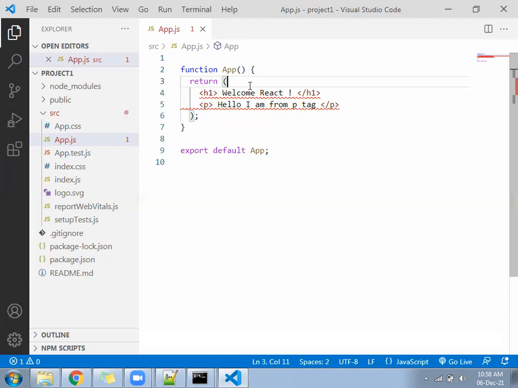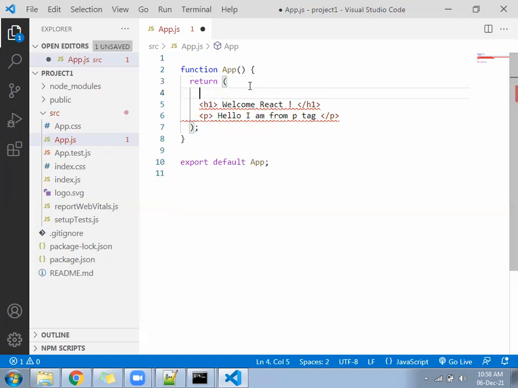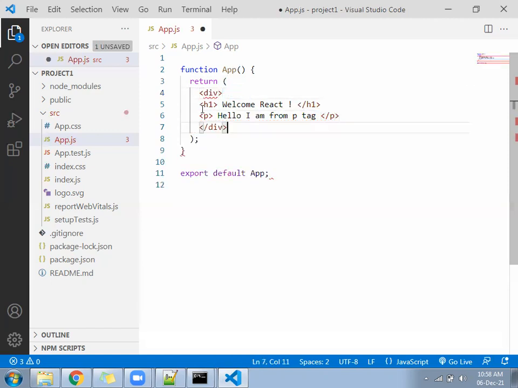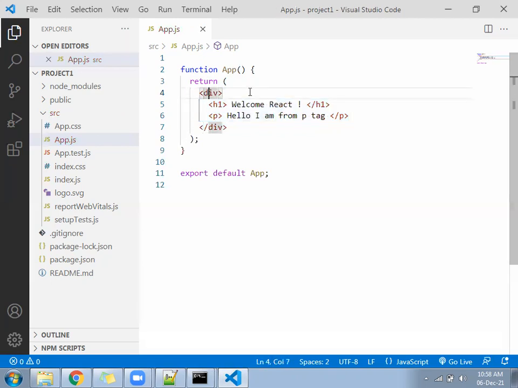So again, come here and open a division and close the division. Inside the division now, keep the H1 and paragraph. Save the file, it will work properly. Look into the browser.